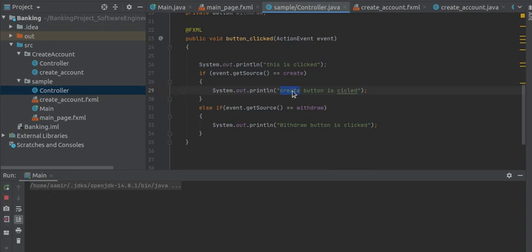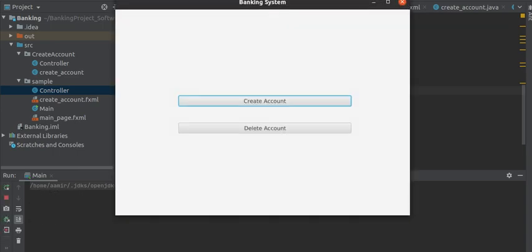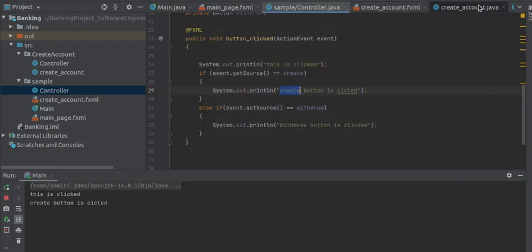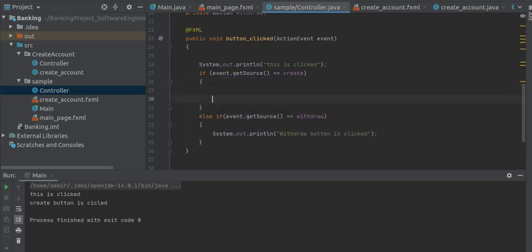Now in this create button I will execute the new scene. This is event handling. I created a video on that, so you can check that video on how to handle events. Now let's load the fxml file.